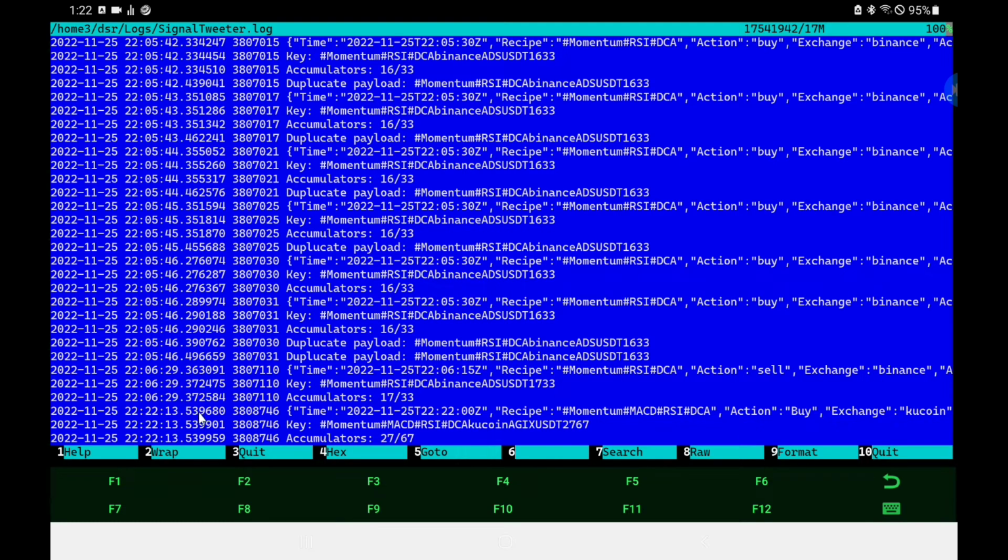Here we have a series of payloads and the information that the DSR tracks on your system for your trades. Now, you'll notice it's tracking two numbers along with the entire payload,